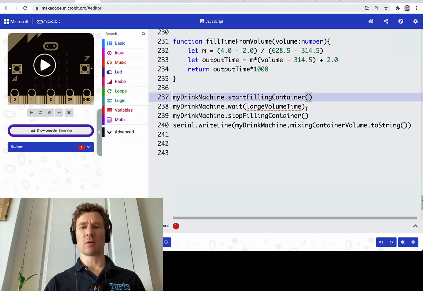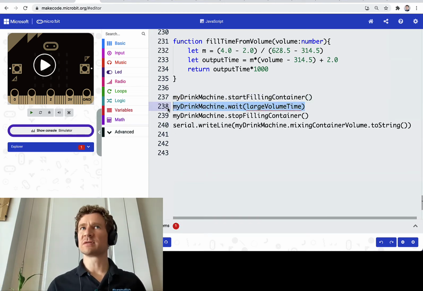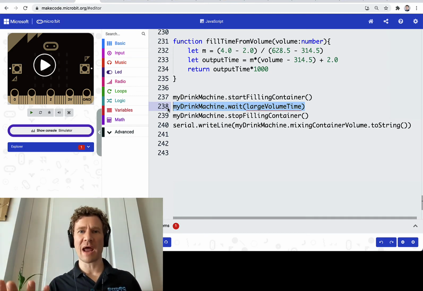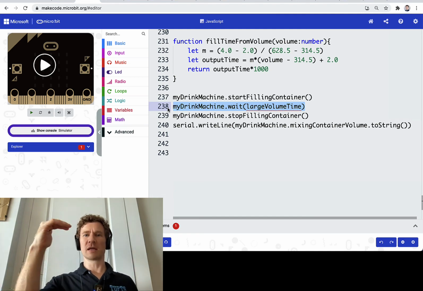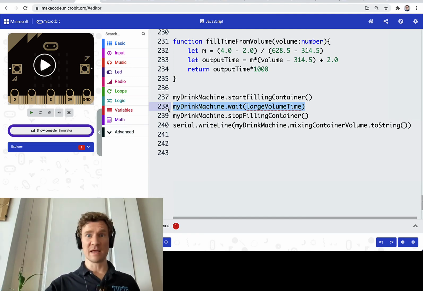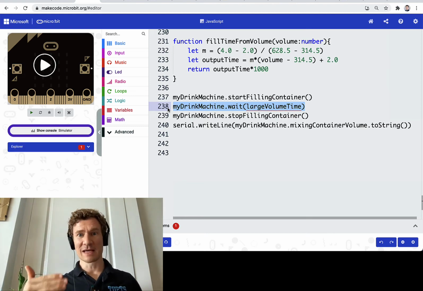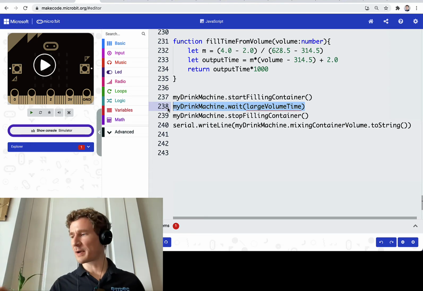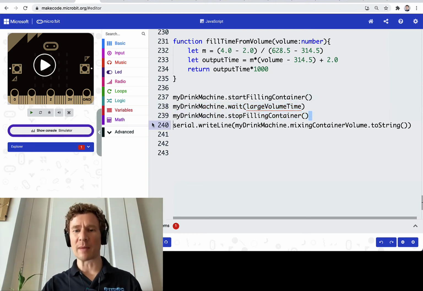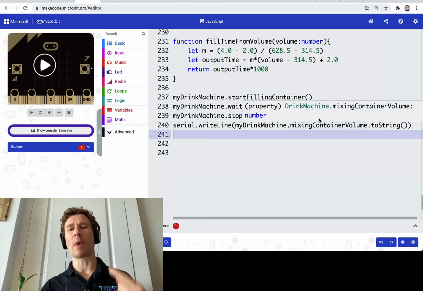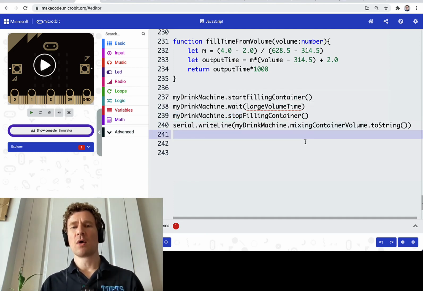Normally, as we are waiting, I'm going to give it some time, look away, and then look back and see what the volume is now. If the volume still isn't where it needs to be, then I'm going to let it keep filling. I might check my phone for a second, look back. Is it still filling? Are we there yet? No, okay. Swipe through a couple posts, check back again and see, oh, we're up to volume, now I'm going to stop filling the container. So the idea is that instead of waiting a certain amount of time,